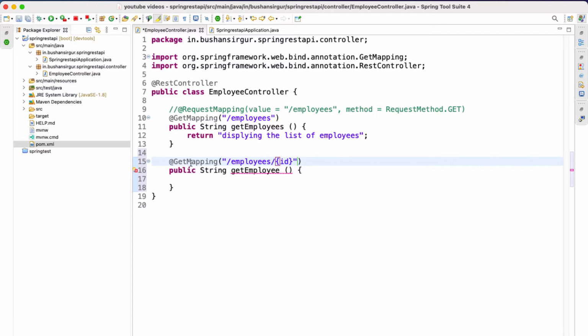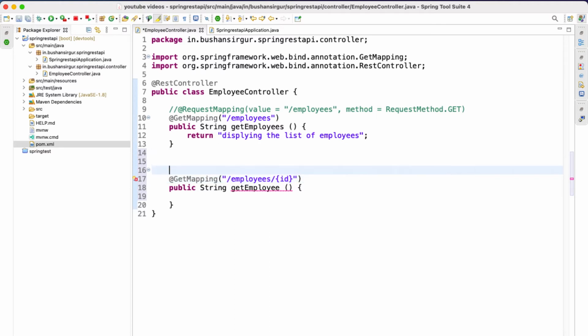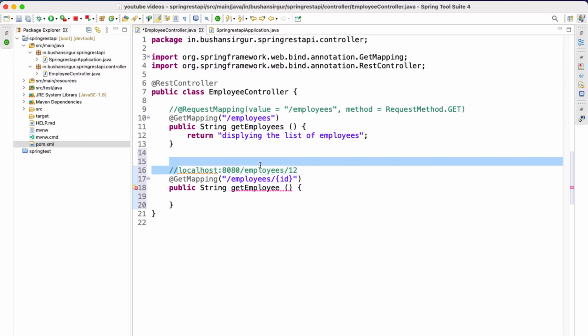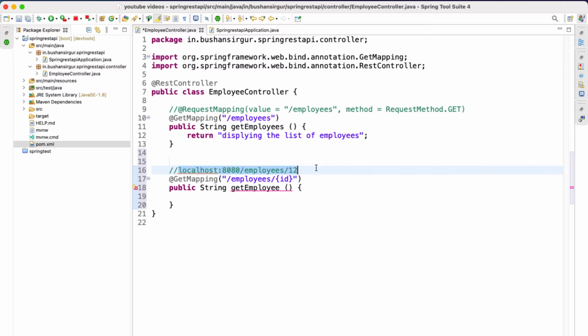So now our path URI would be localhost:8080/employees/ and the user will provide the employee ID, which could be 8, 10, 9, any number. Let's assume it's 12. Now when the user sends an HTTP GET request to this URL, this handler method is going to execute.